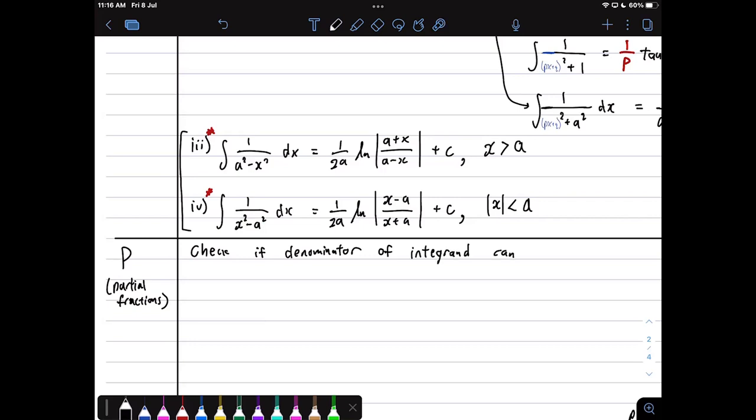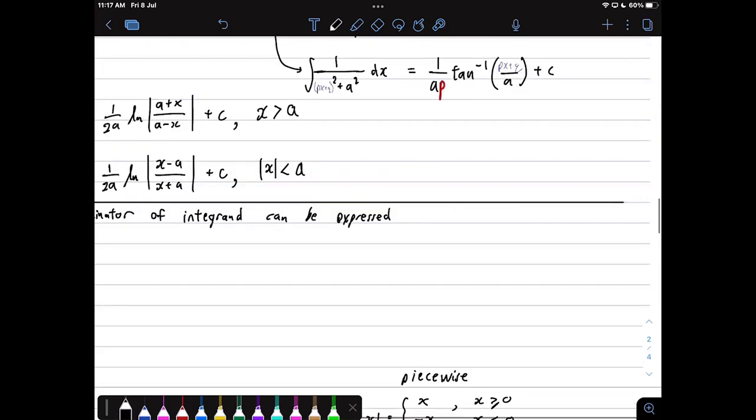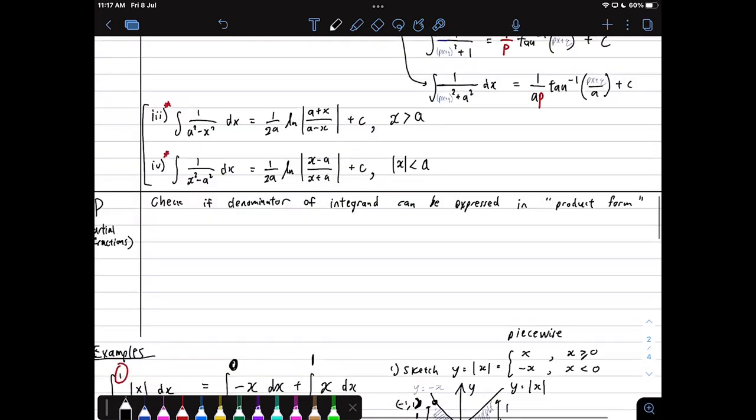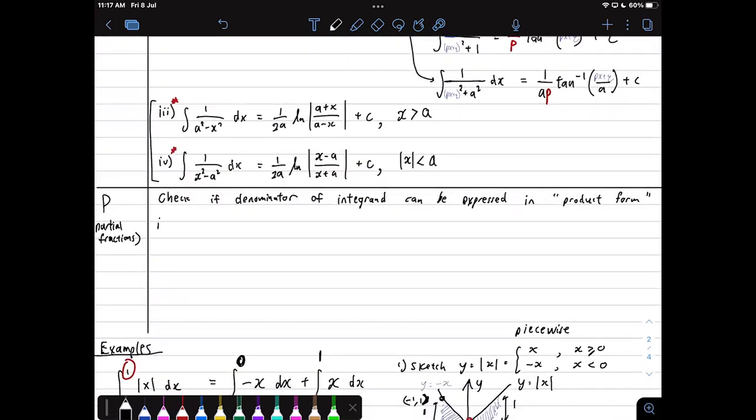Can be expressed in product form. You know what's a product, right? Product means something times something. Yes. In this case, you already learned this before in A-Maths. It's the 3 formats for partial fractions. And in this case, x squared minus a squared satisfies that format. You can factorize as